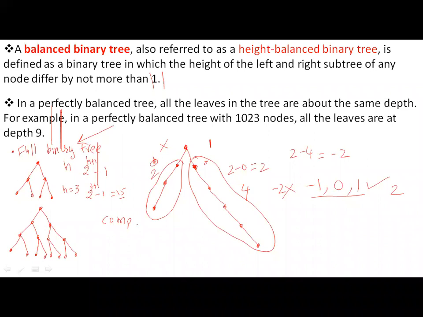Okay, so there is another tree called a complete binary tree. Complete binary tree. Okay, so in a complete binary tree, see here, I'll just give an example. Now this is an example of a complete binary tree. Okay, so except the leaf nodes, the other internal nodes will have